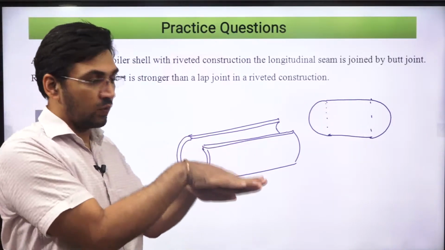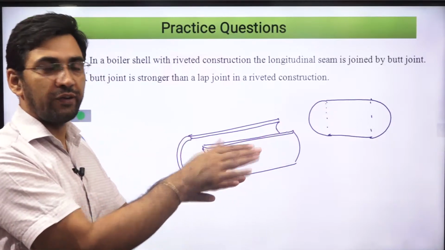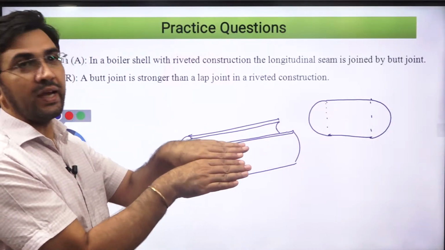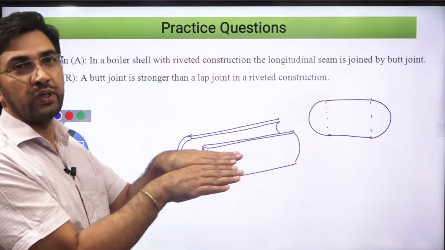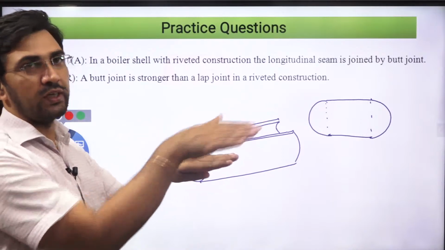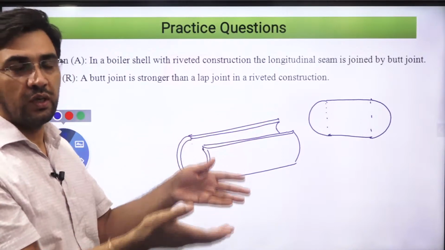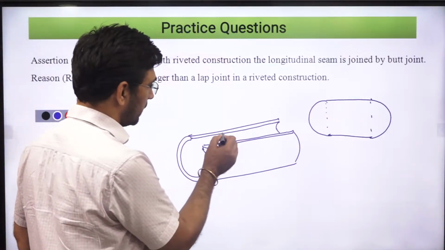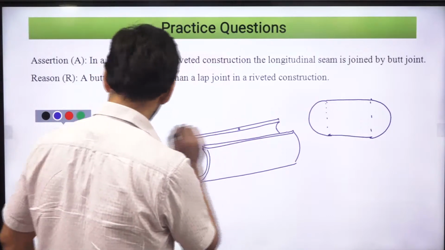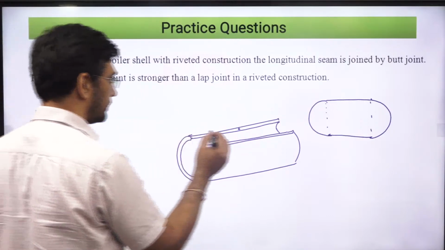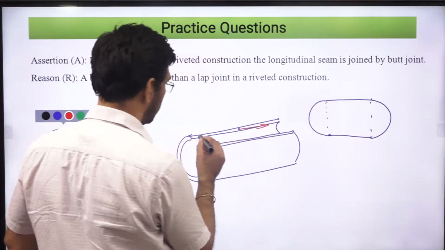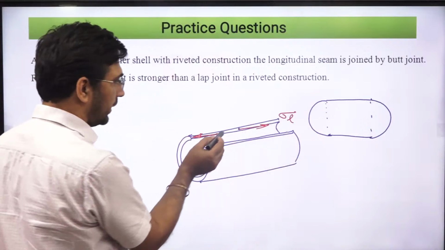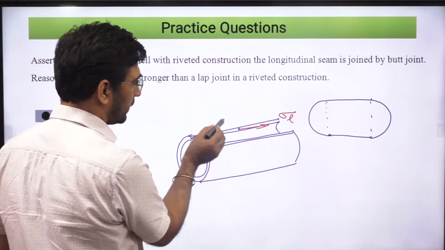You can take this and overlap it, do the riveting, or what you can do is you can just take it, fold it, and bring head to head, and now use the straps over it. When you use the straps over it, then it will become the butt joint. So it's your choice how you want to do. But for that, you need to have the understanding, along this length, you have longitudinal stress and tangential stress